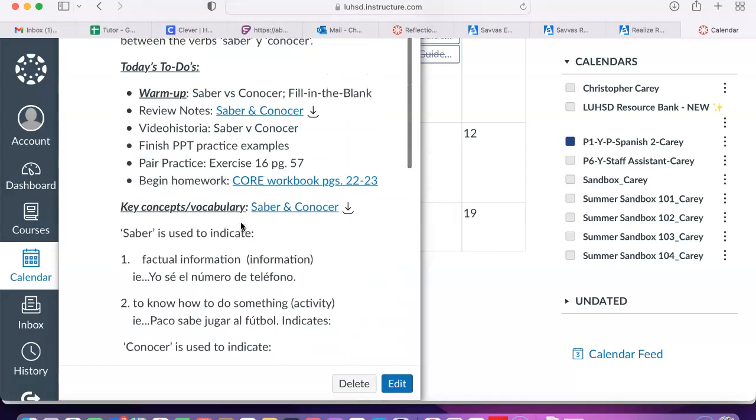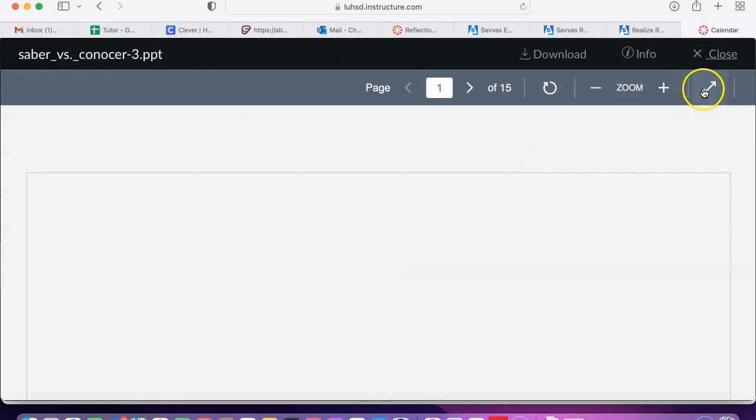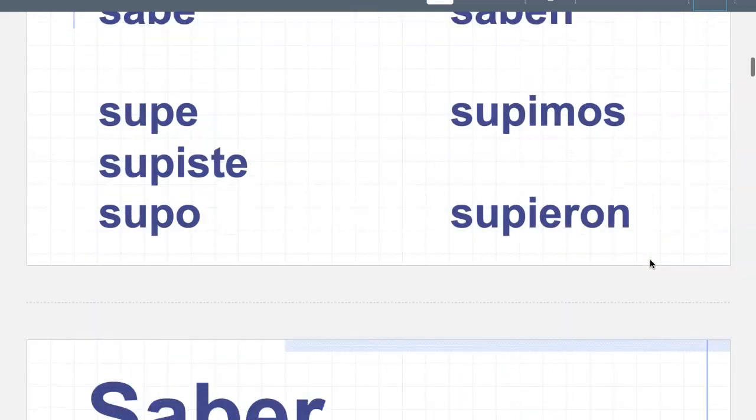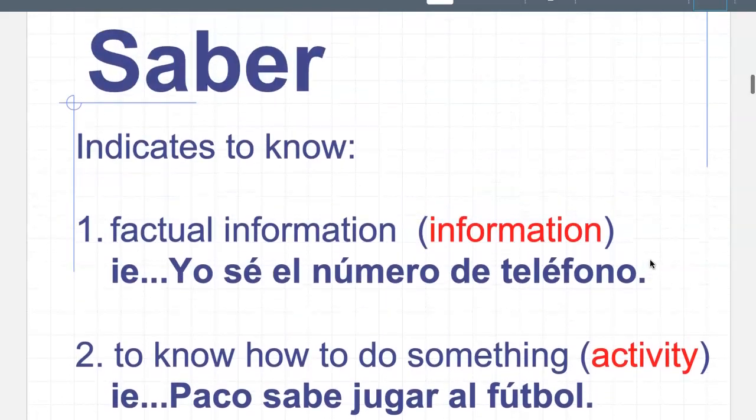Go over the notes that we took last class. There's a PowerPoint here that you could find in the agenda. You can also find it under modules in Canvas. We talked about the conjugations of saber, when to use saber,